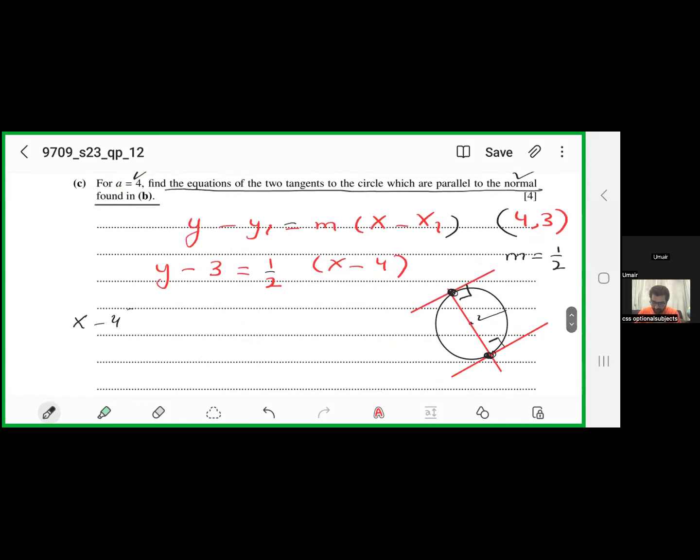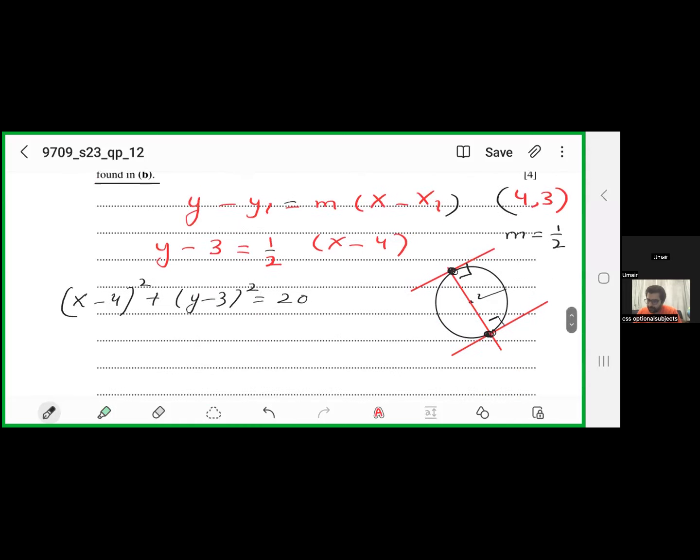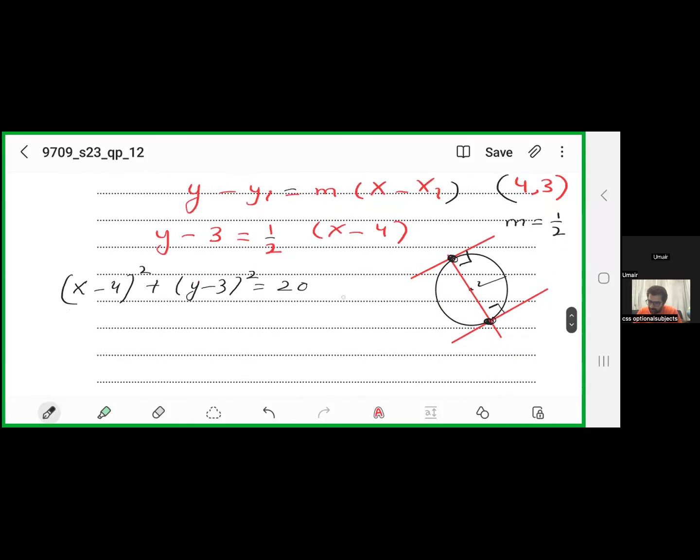(x − 4)² + (y − 3)² = 20. This is the equation of a circle. We have to solve these two equations. Substitution will be a better idea in place of y. So this is (x − 4)² plus, in place of y, I am going to use